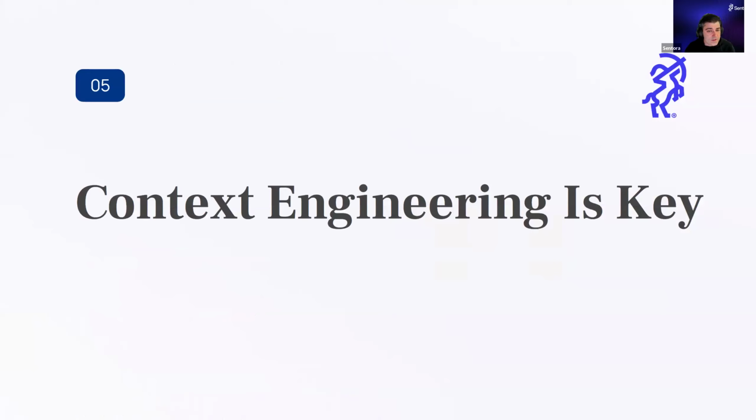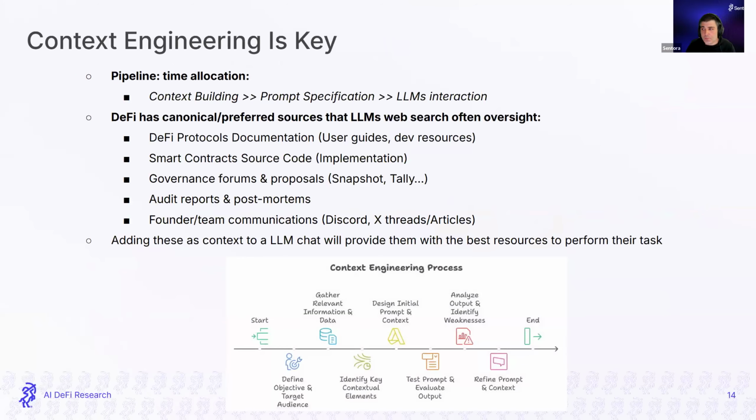Now we get a little bit deeper into how to use LLMs efficiently, and we feel that the first step that is often overlooked is to work more on context building. It's probably the piece where you should spend the most time before asking an LLM. In the pipeline, in terms of how much time we should spend, to get the most efficient output, usually one wants to allocate the most time to building that context. And then one can move into defining the prompt as best as possible, and then comes the interaction with the LLM.